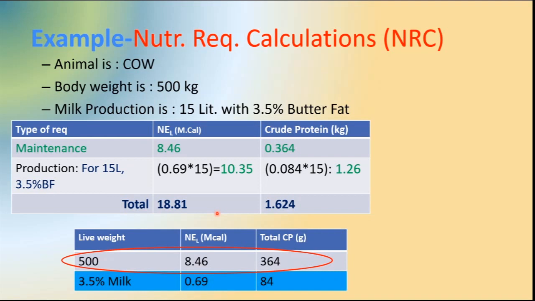So I just want to explain one thing. In case of dairy animals, for maintenance we always take the net energy for lactation value. We do not take separate values of net energy for maintenance and net energy for lactation. The reason is, in case of dairy animals, the efficiency of utilization of energy is similar for both functions, maintenance and lactation. So that's why we have a single value of net energy for lactation. But in case of beef animals, we have to go for separate values, net energy for maintenance and net energy for gain.